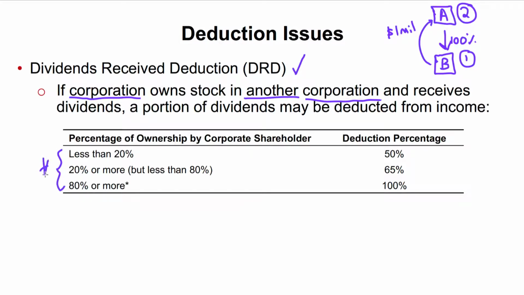That's important. If it's less than 20%, it's going to be a 50% deduction percentage we use. If it's between 20% and less than 80%, we use 65%. And if it's 80% or more, which we know as control in the corporate tax rules, remember, 100% deduction percentage. We're going to use that percentage. We're going to include in our income. So A is going to include the $1 million in A's income, but A gets a deduction later on down the Form 1120, depending on the percentage, based on that